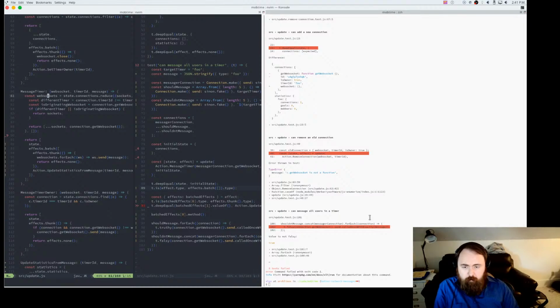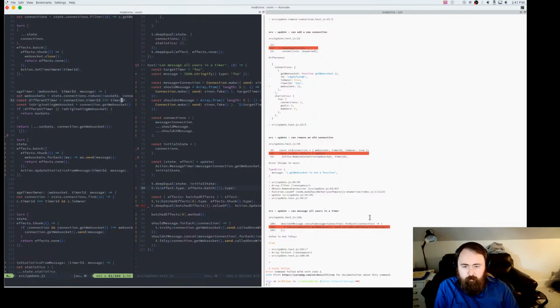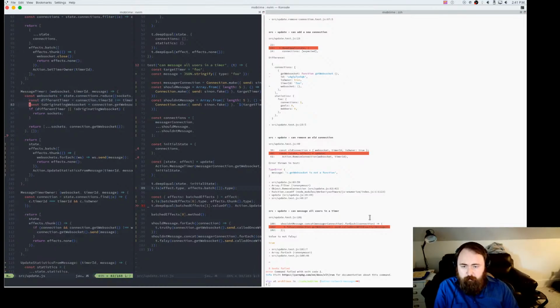So when we look for WebSockets, if it belongs to a different timer, or it's a WebSocket that sent the message, then we don't include that WebSocket. Otherwise we do. So this looks like this should be a filter. Maybe a map filter?